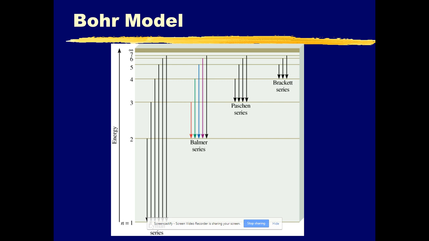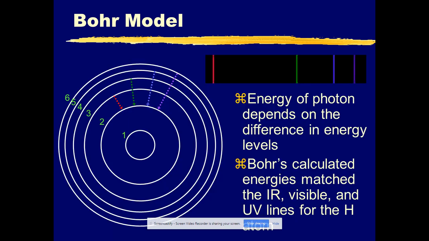Now, one thing to be able to explain is the reason that these energy levels converge, right? Now they're getting closer and closer together, and shortly above 7 is n equals infinity, at which point the electron has essentially left the atom. So why do the energy levels get closer and closer together? Well, it has to do with the fact that it's